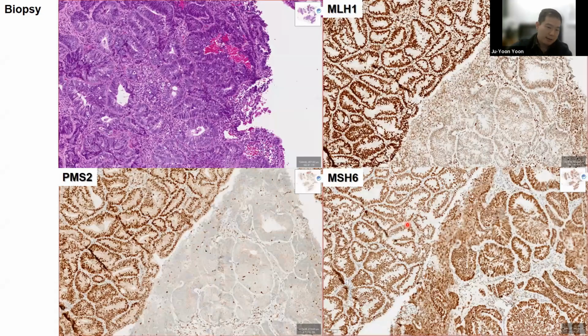But the interesting part, I think, is this: the H&E shows a combination of somewhat better separated glands, as well as glands that kind of fuse. And it's probably better seen on some of the immunostains, where you can see some of the rather discrete glands right here. So this is better fitting with precursor or endometrial intraepithelial neoplasia, whereas in this area the architecture is a little more complex, so it's better fitting with carcinoma.